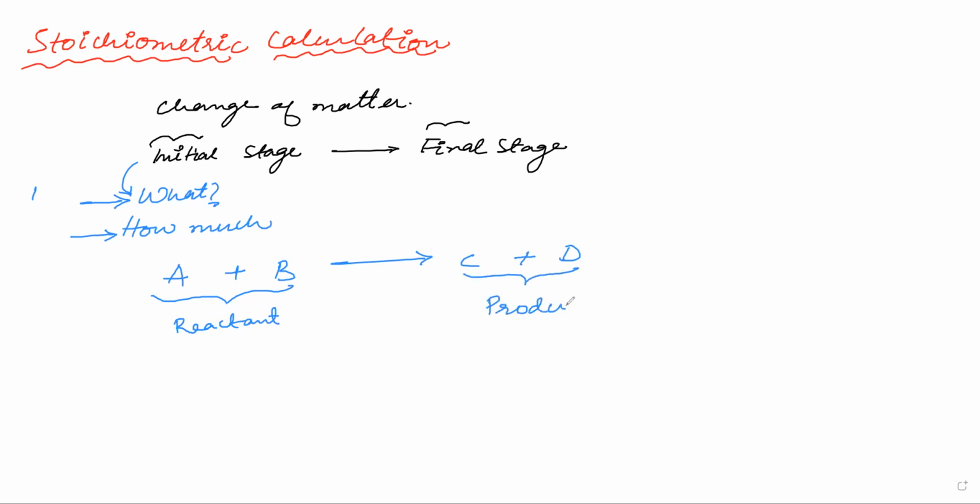Now, stoichiometry deals with the ratio of reactants to which the products will be formed. How much of A is one thing, but how much of A per molecule of B? So we will be dealing here with ratios of the reactants and the products.